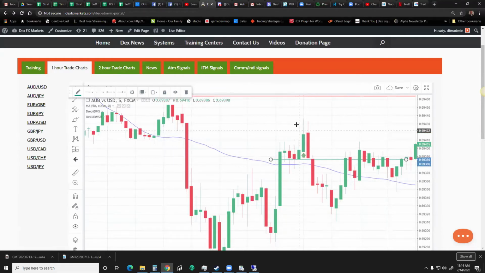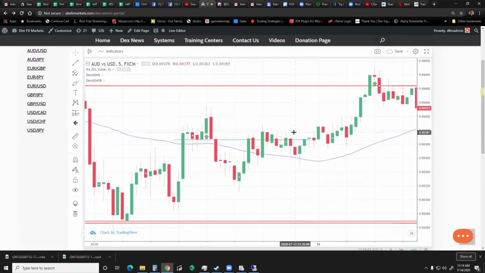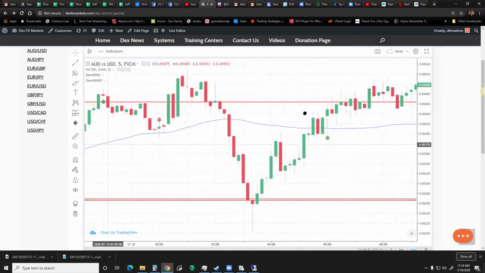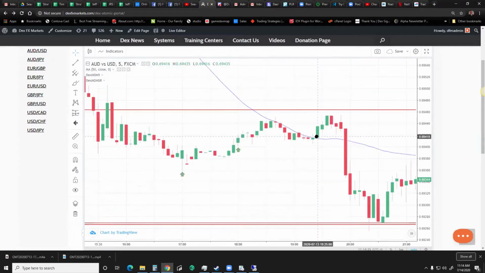Okay. On the buy side, when you're looking for a buy, you want to be on the bottom of the structure. And when you're on a sell, you want to be on the top of the structure, which I'll show you in a minute. Does this one win? I don't know. Let's have a look real quick. No, it lost. But that's okay because we've won 4 or 5 others already. Let's keep going back.